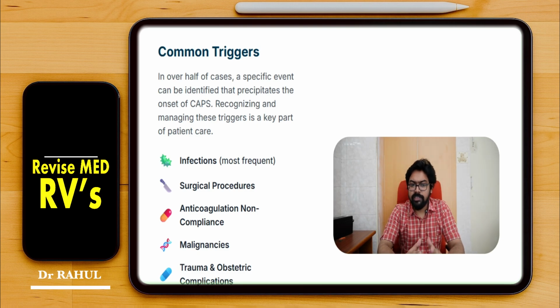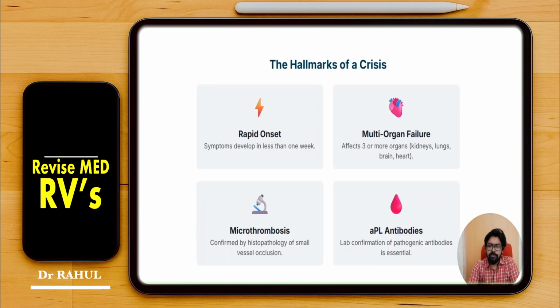So these are the common triggers which are precipitating CAPS. That is, one, infection is the most frequent trigger, then surgical procedures, anticoagulation non-compliance, malignancy, and trauma and obstetric complications. The hallmark of CAPS is considered as, that is, rapid onset, where symptoms develop in less than 1 week,